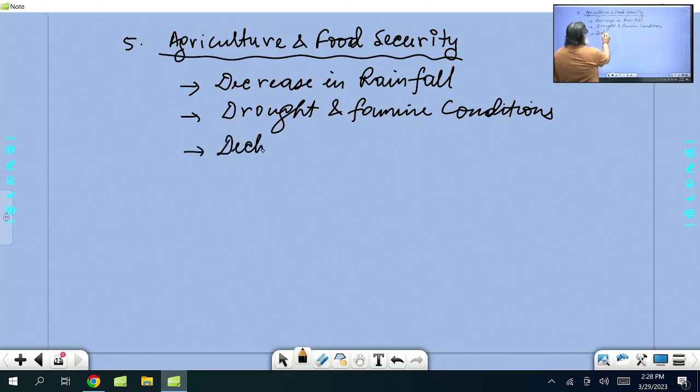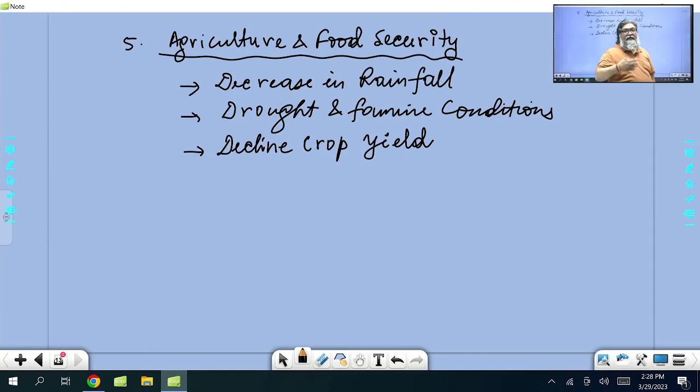Decline in crop yield because of changing weather pattern. Why will crop yield decline? Because we don't have those kind of paddy or wheat adapted to climate change. What is called climate smart agriculture. Those type of crops which are resilient, tolerant to high temperature. Now scientists are working to develop those kind of varieties. You know that government of India and also at the global level, millet. This year is the International Year of Millets. Why is millet getting focus?